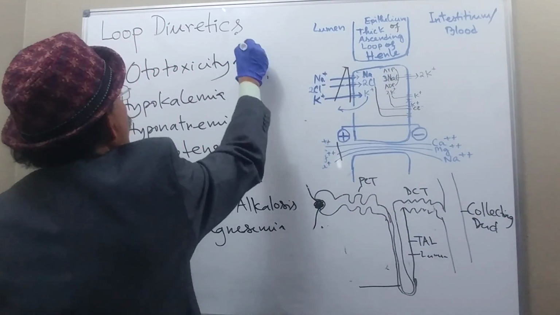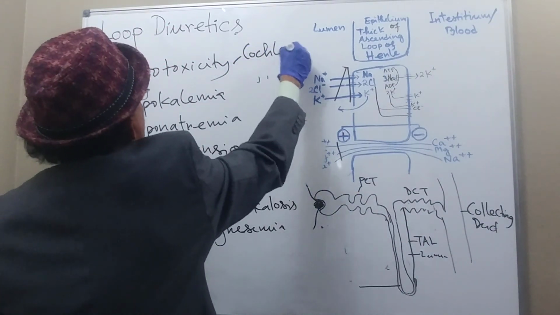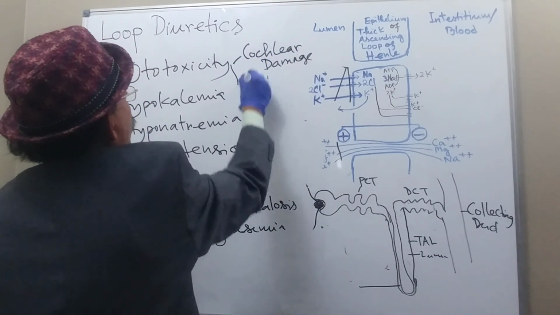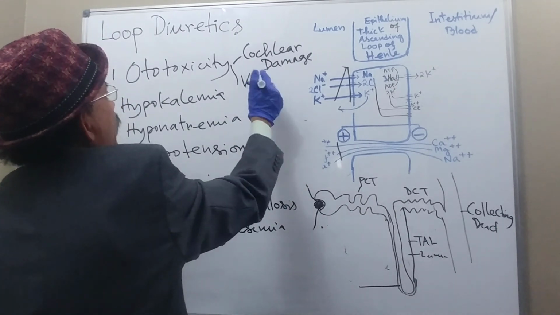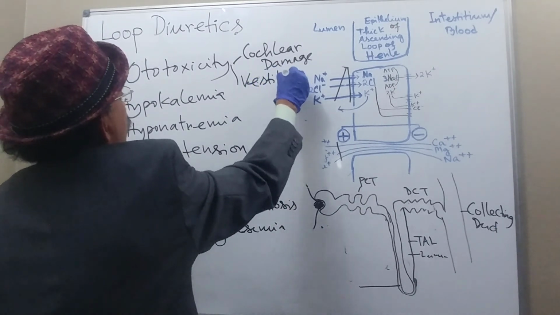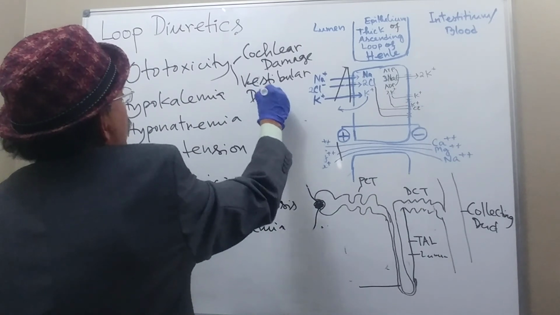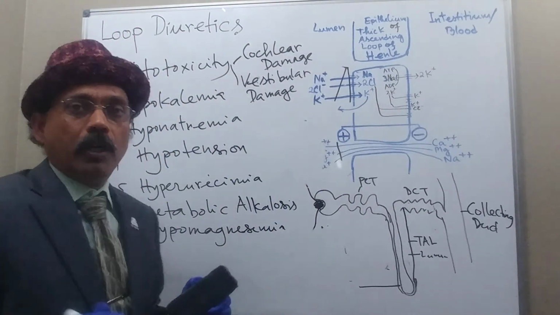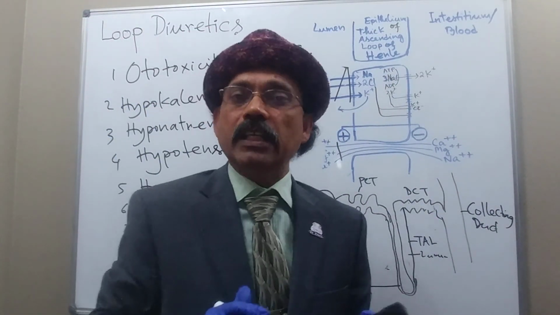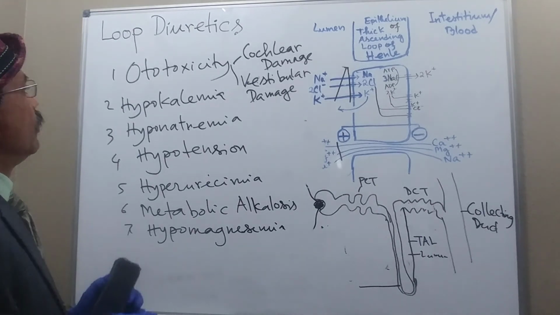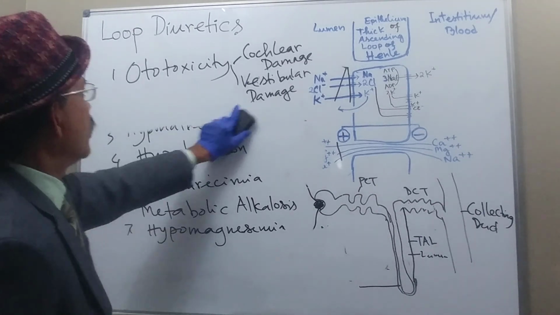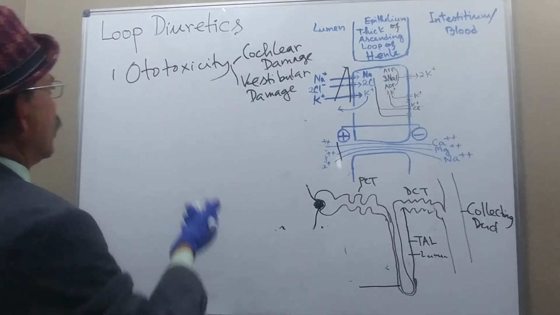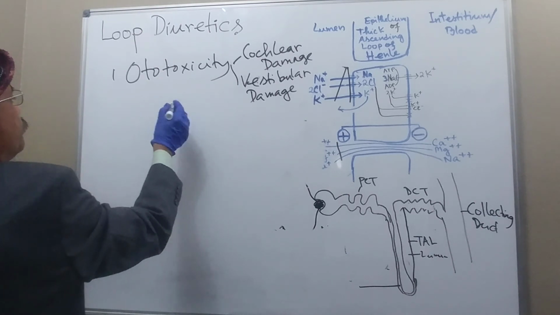So cochlear damage in the inner ear initially, then vestibular damage, and the person cannot maintain balance. This all happens due to abnormal movement of potassium through the membrane inside the inner ear. Okay, so we got the ototoxicity, and you must remember that ototoxicity will be more if we use some other drug